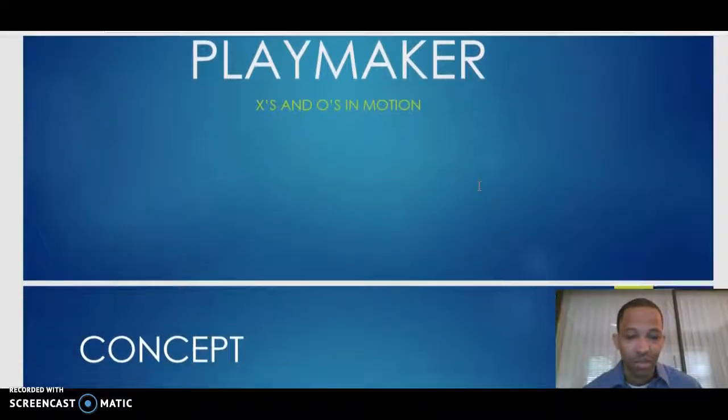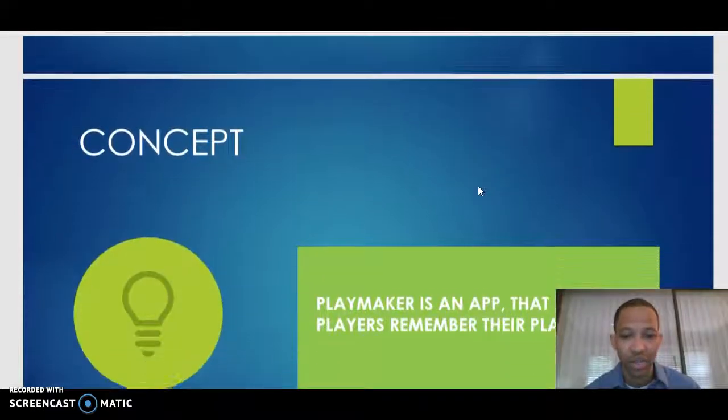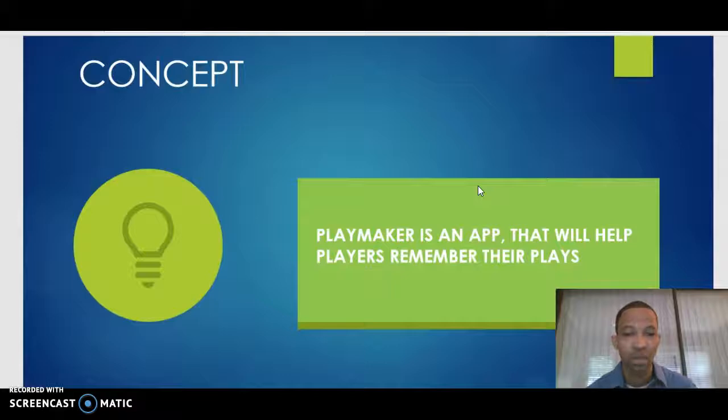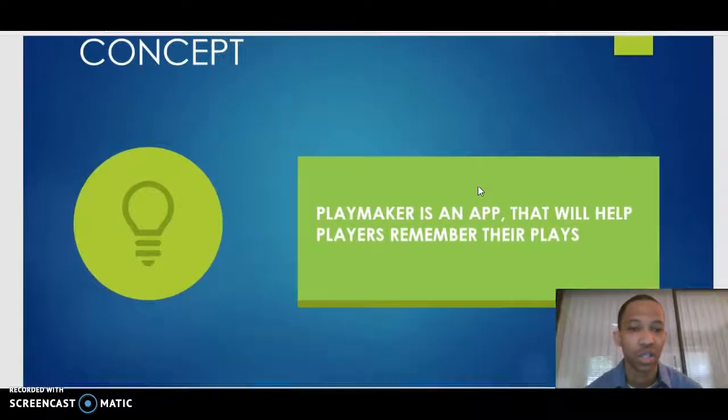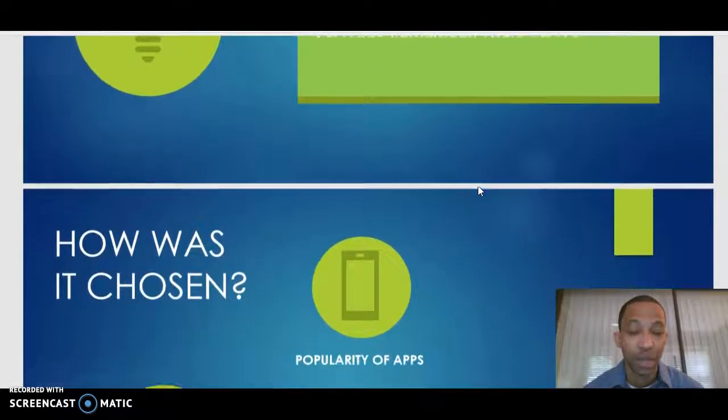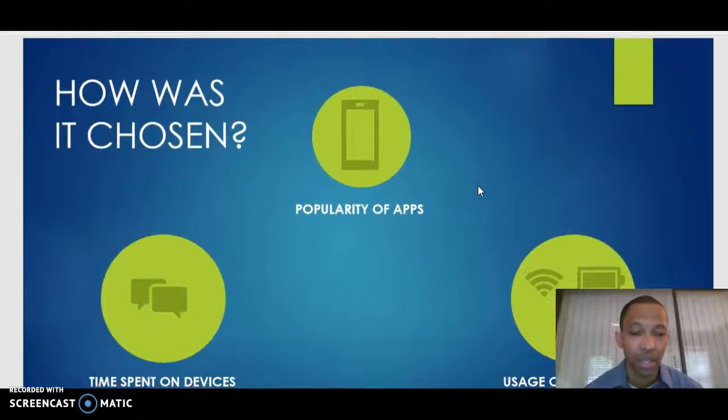Okay. Playmaker was created because I want to help a lot of players remember their plays. Sometimes when they go to the next level, whether it be the NFL or college, plays tend to get a little harder, and I know if I can create something like Playmaker, I can help them out,